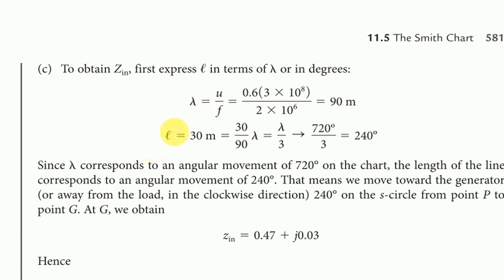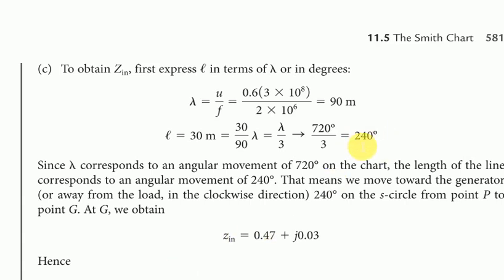तो हम देखते हैं कि इस लेंथ L को ट्रेवल करने में कितना रेवोल्यूशन लेना पड़ेगा। सो L is equal to lambda by 3 and lambda represents 720 degree, so it means it is 720 divided by 3। तो 30 मीटर की लेंथ ट्रेवल करने में आपको स्मिथ चार्ट में 240 डिग्री का रिवोल्यूशन लेना है। Now the question is whether you have to move in the clockwise direction or in the anti-clockwise direction. So ये choose करना है आपको।